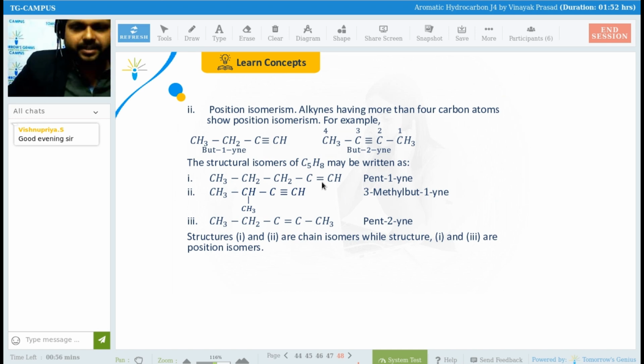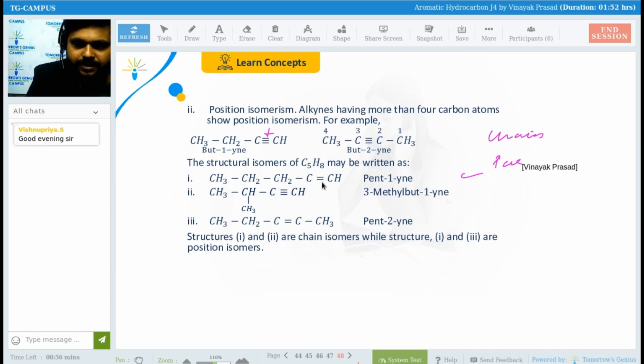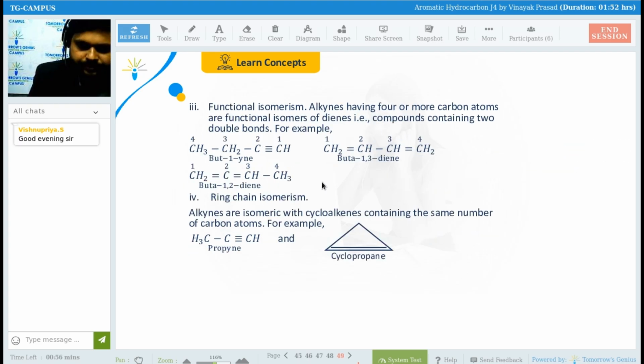We can also see the position isomerism in alkynes, right? The position of this triple bond has been changed from the first carbon to the second carbon. So we can see the position isomerism as well. So chain isomerism and position isomerism, right? Now,